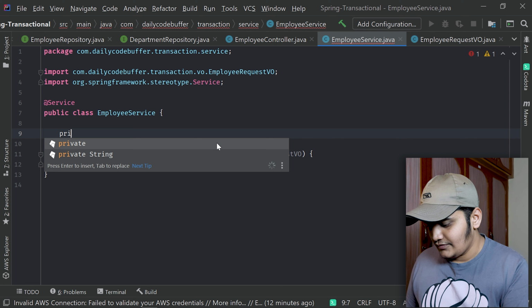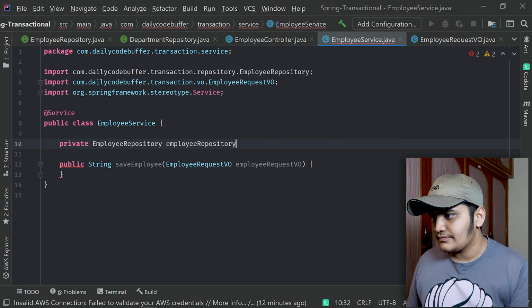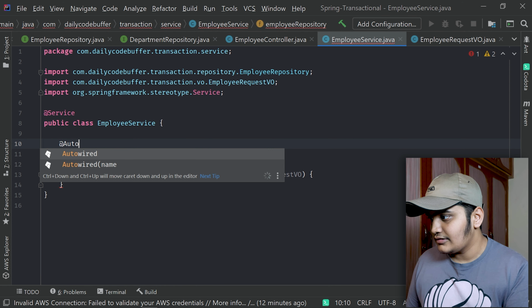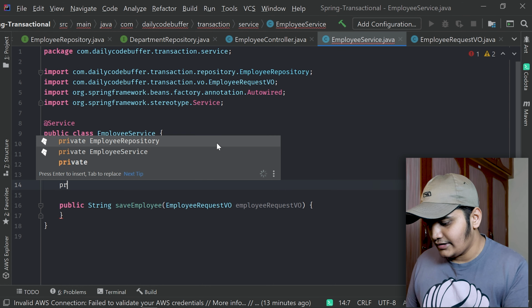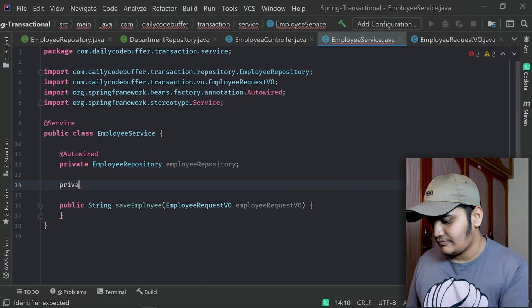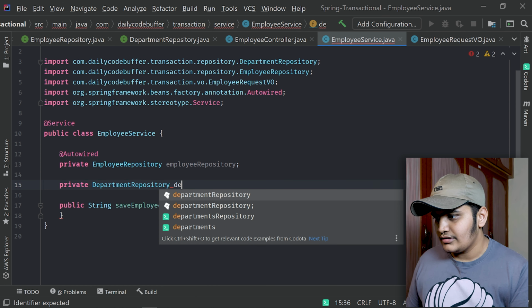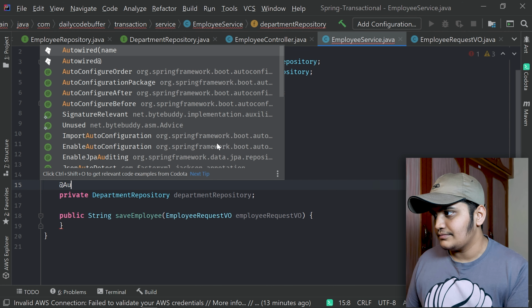For that we'll do private EmployeeRepository and we'll autowire it, and we'll also create the private DepartmentRepository and autowire this the same.